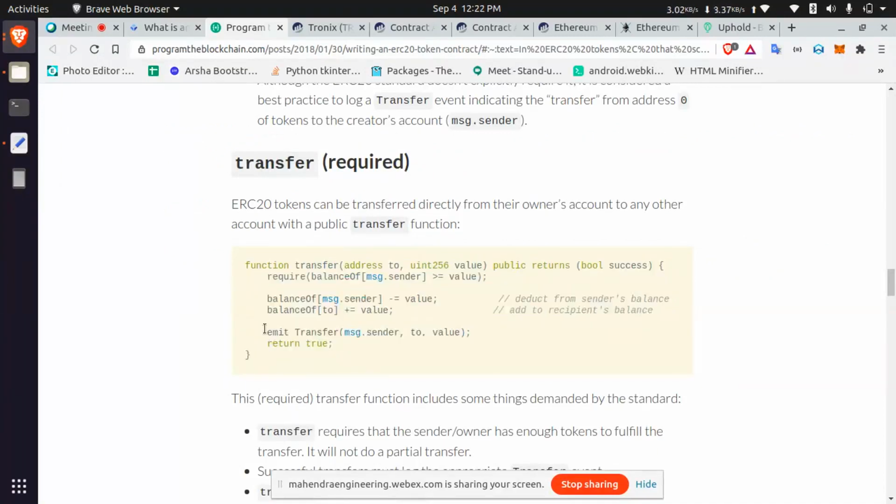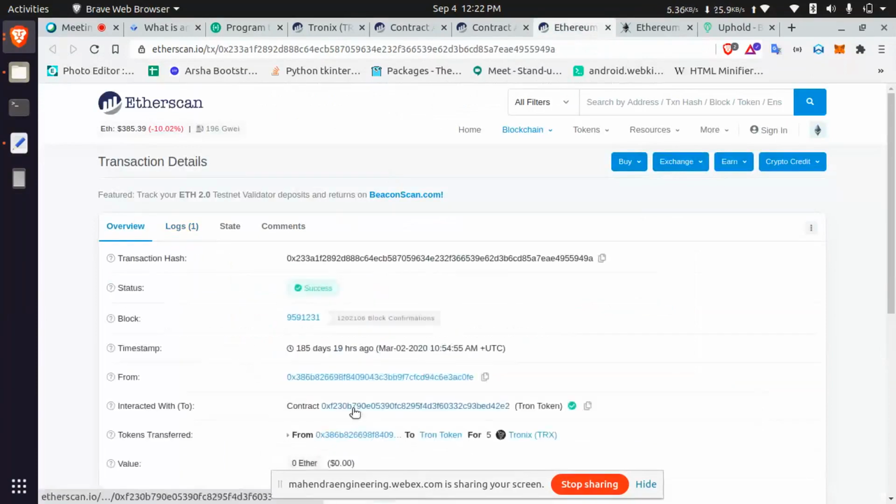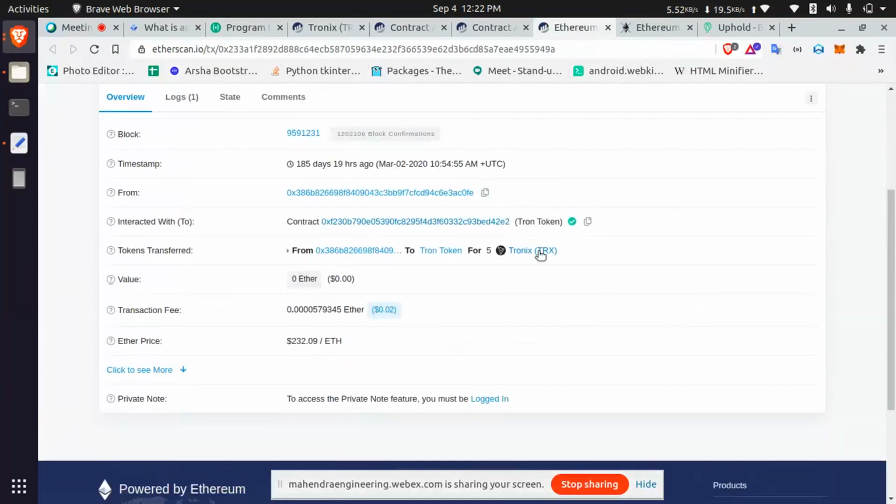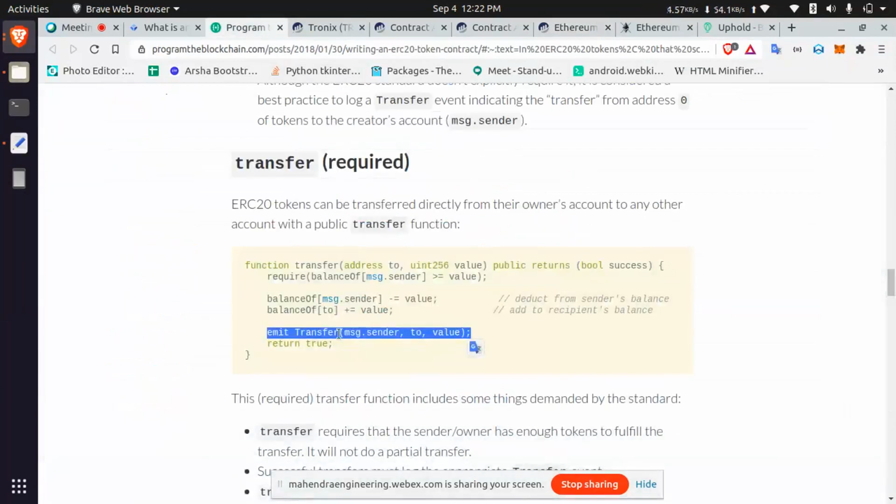Here, with these events, everyone will understand: this transaction contains a token transfer. They are identifying it with this. Any doubts up to this? This is simple. I am just subtracting and then adding the count only, not Ethereum. This is the main thing. Just numbers updating. Any doubt up to transfer?